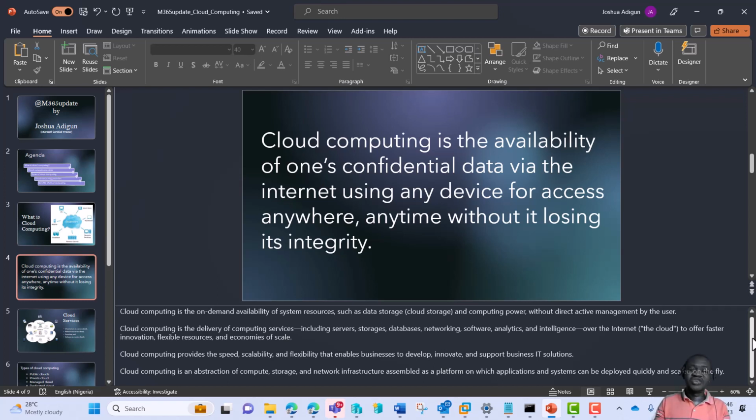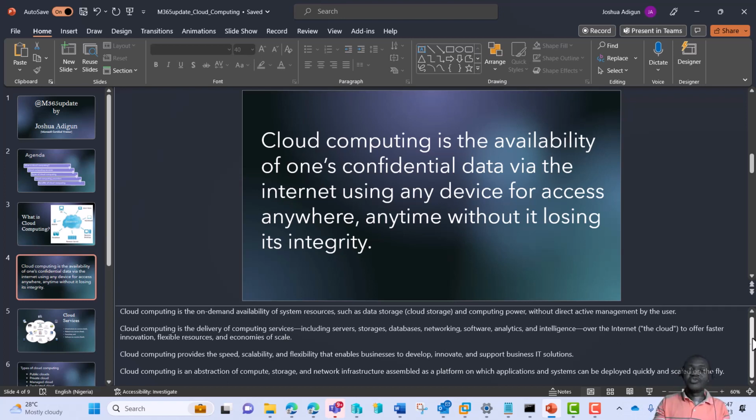So from all the definitions I just gave now, you would understand that cloud computing is the availability of your data. Your data means it's confidential to just you and you alone via the internet. The resources have been provided, the storages, the databases, the networking, the softwares for you to access this data has all been provided. So these computing resources can be available.